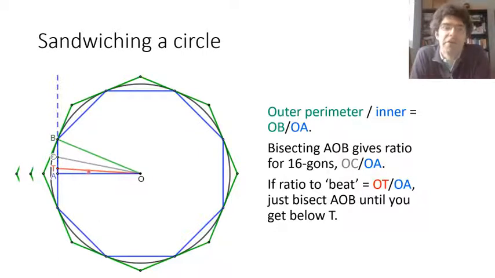In the example in the diagram, the ratio from a pair of octagons is larger than that, so I haven't yet completed the challenge, but if we bisect this angle enough times, we'll end up eventually with a little sliver of a triangle where the hypotenuse will be below and so shorter than the red line, and then we can use that hypotenuse as the basis of our construction, acting as the line from the center to the midpoint, or if you like, the first side in the circumscribed polygon, a bit like the green hypotenuse does with the octagon, and the grey one would do with a 16-sided polygon.